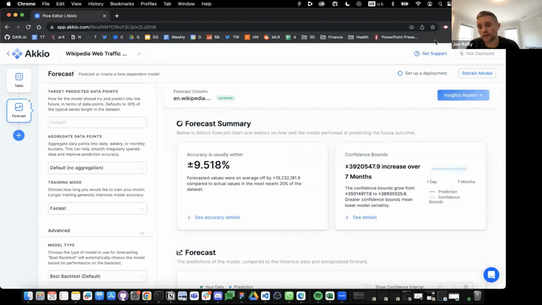Sometimes maybe you include something that you don't want to include. Once you feel like you've got the right variables, then I would always run the high quality mode after that. So it's intended to iterate really fast with the fast mode until you say, yes, this is how I want to build the model, and then run it on the longer mode.